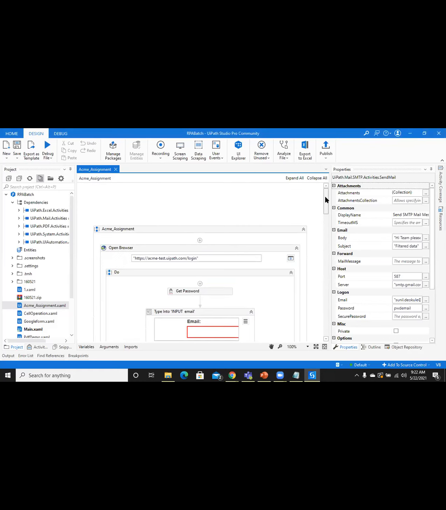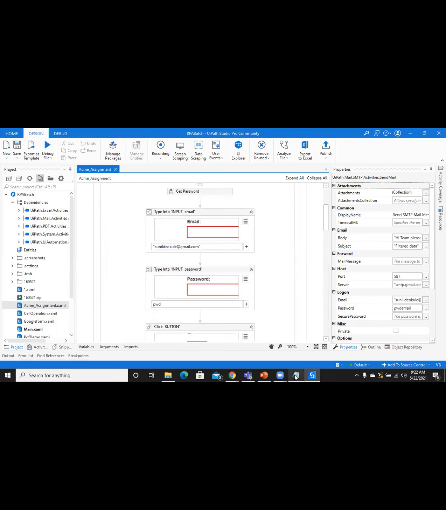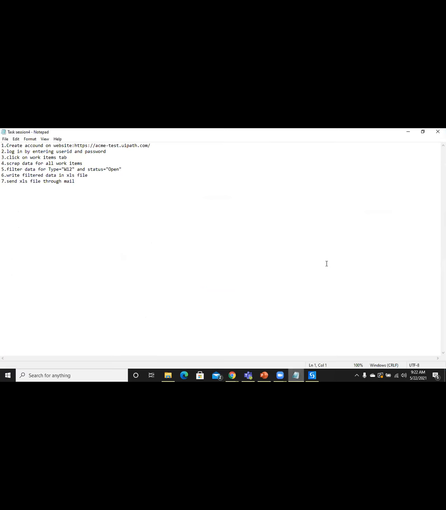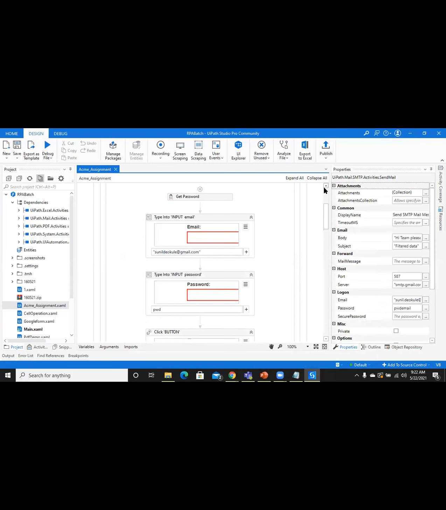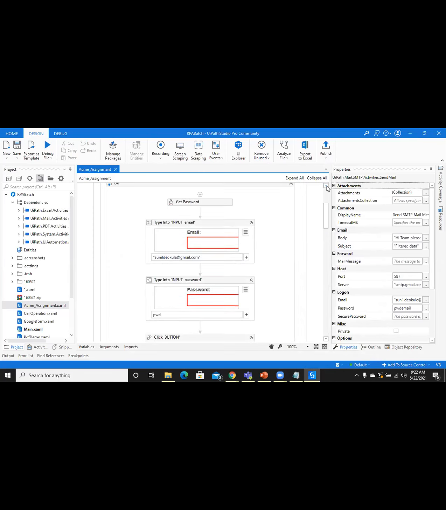Now initially in step 1 we need to create a login in the website. Already I have a login, so I have directly used these credentials. The user ID is my email ID and password. Whenever you are using a password in UiPath, for security purposes it's not visible.